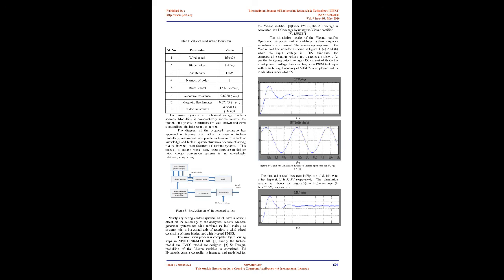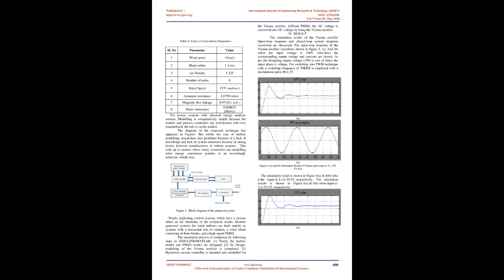0.000835 Henry. For power systems with classical energy sources, modeling is comparatively simple because the models and process controllers are well known and even standardized. The information is available. The diagram of the proposed technique has appeared in Figure 3. But in the case of turbine modeling, researchers face problems because of a lack of knowledge and lack of system structures, due to strong rivalry between manufacturers of turbine systems. This ends up in matters where many researchers are modeling wind energy conversion systems in an exceedingly relatively simple way,